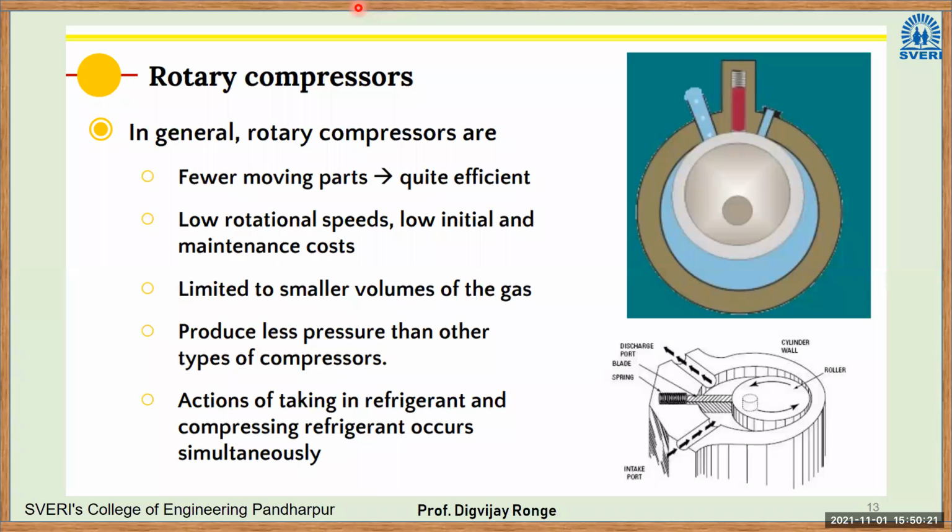So rotary compressors. The construction is here, as you can see in the diagram. There is this central mover, then there is a casing. The axis is not coincident. So the axis of this casing and the axis of this motor or mover is different. That is why it follows such a pattern. It takes the air, compresses it here at the bottom. Again, it is discharged, right?